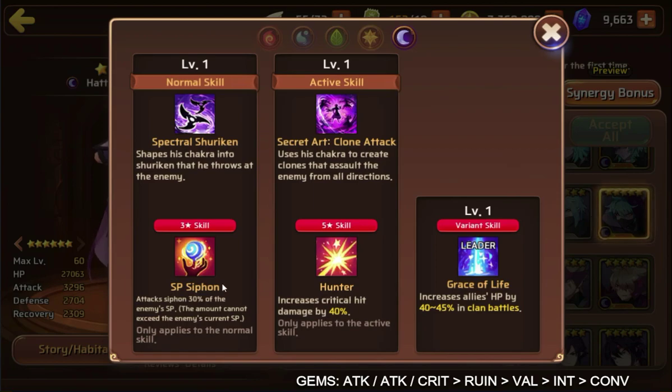The SP Siphon doesn't work there, so it's just up to you if you want to use him for the Hunter skill in Titans, but generally he's only going to be an Arena mon and a CVC mon, and he does excel at that, especially in CVC. So he's probably one of the best characters you can have in CVC because of those two combined skills, and